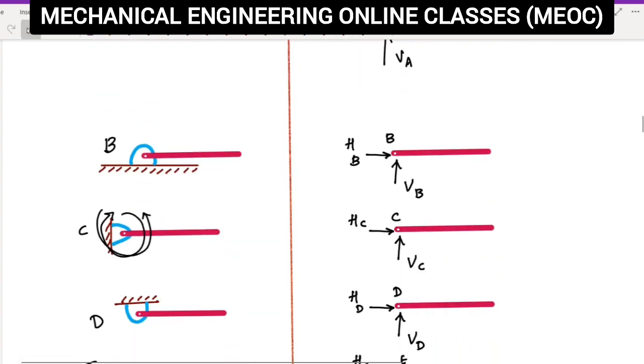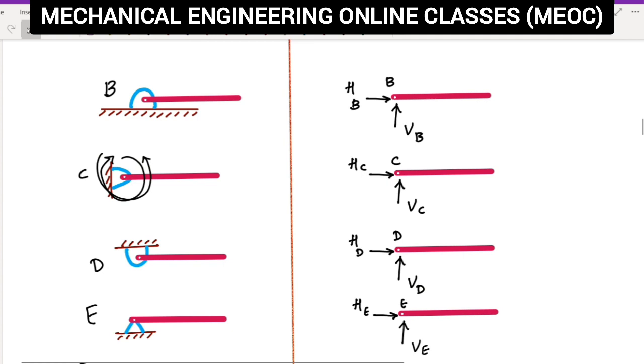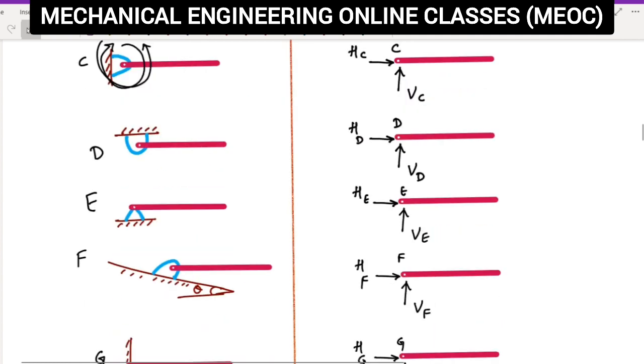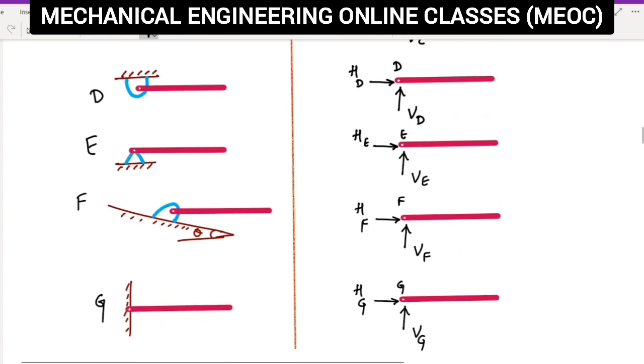For B also we have written in the same fashion, for point C also we did the same, at D also we did it, and E also, and here F. In this particular case also, now you don't have to be confused, because the pin joint is on an inclined plane, whether the pin joint is on an inclined plane or not, because the pink object is free to rotate. As it rotates, as the angle of rotation changes, the reaction force direction also changes. So we don't have to worry or find out that.